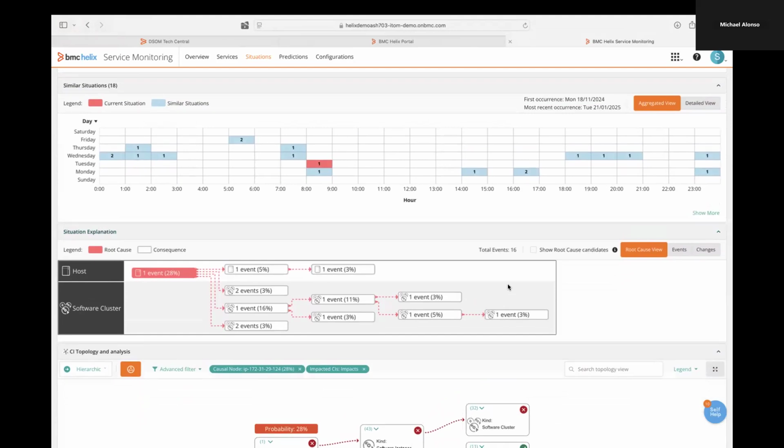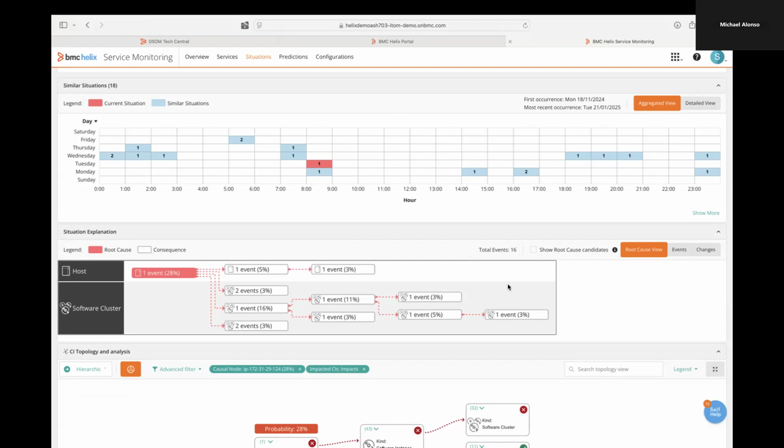Then we come down to what I personally think is a critically important part of our AI. When we give you those probable causes and say, this is our root cause information, most organizations out there treat this as the Kentucky Fried Chicken secret ingredient, right? Our AI and how we came up with that decision is proprietary. It's super secret, and we're not telling you, just trust us. Sorry, but I don't trust anyone, especially if I'm making mission critical decisions about my environment and potentially an application that's affecting, let's say, a warfighter.